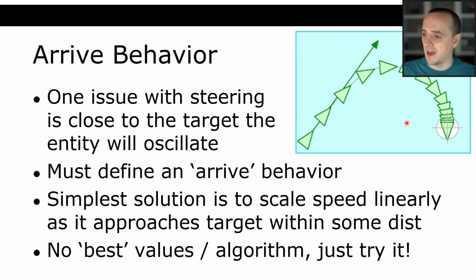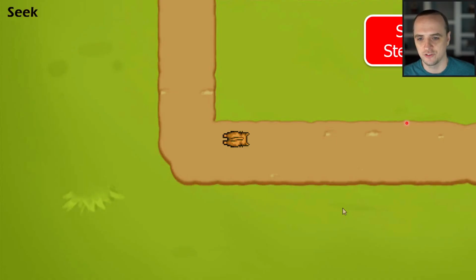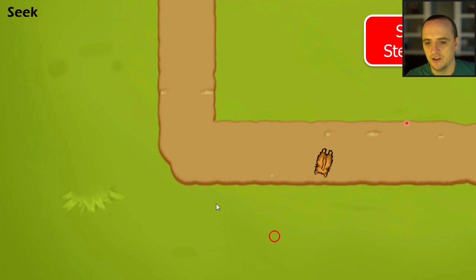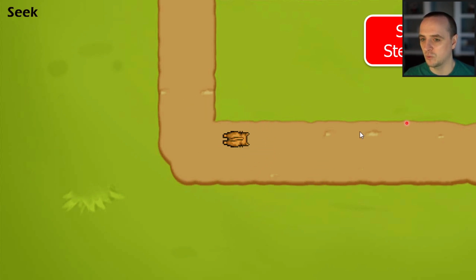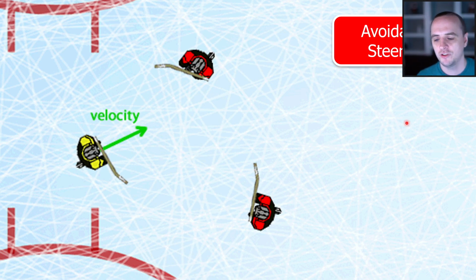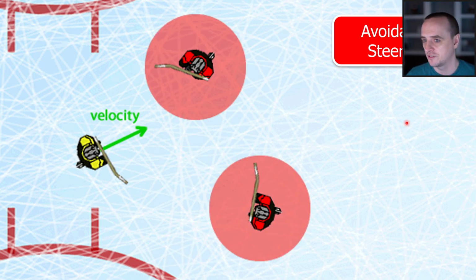So here's some actual examples now that we've talked about the math of steering behavior. Here is a steering seeking behavior. In this example, we have little Luna here, right? Looking for treats. As we change the desired position, you can see that she is slowly turning toward the target rather than just turning on a dime. So this looks a little bit more like what a cat would actually do. It can't just instantaneously turn in 16 milliseconds, right? It has to slowly turn toward a target. Cool. All right.